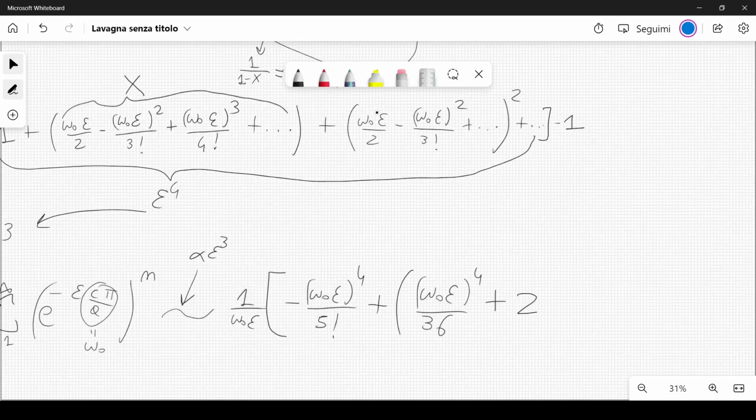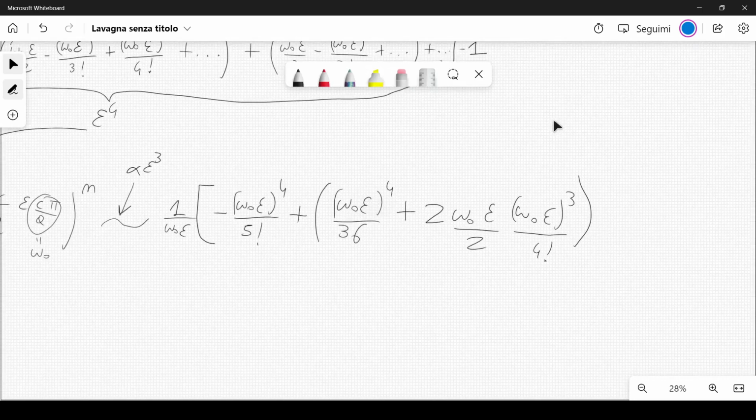the product between this first term, which is just omega 0 epsilon divided by 2, which must be multiplied by the term that is proportional to epsilon cubed, and that is just omega 0 epsilon cubed divided by 4 factorial. So these are the only two terms that appear from x squared. Then you have another contribution from x cubed, if you think about it, right? From x cubed, you have